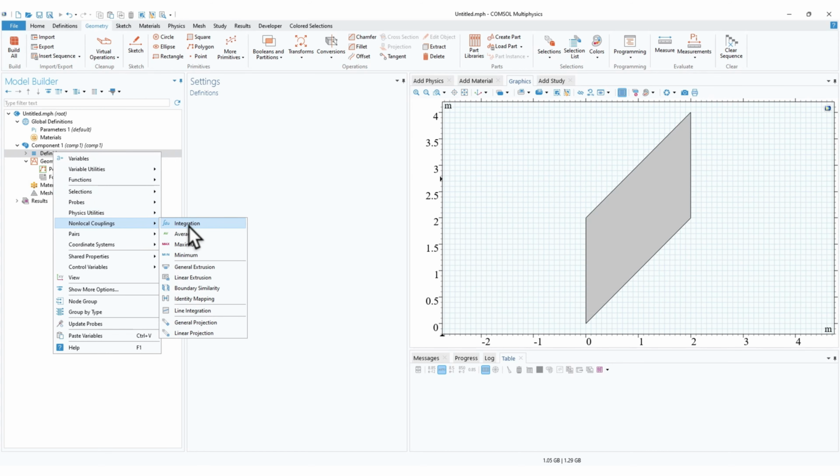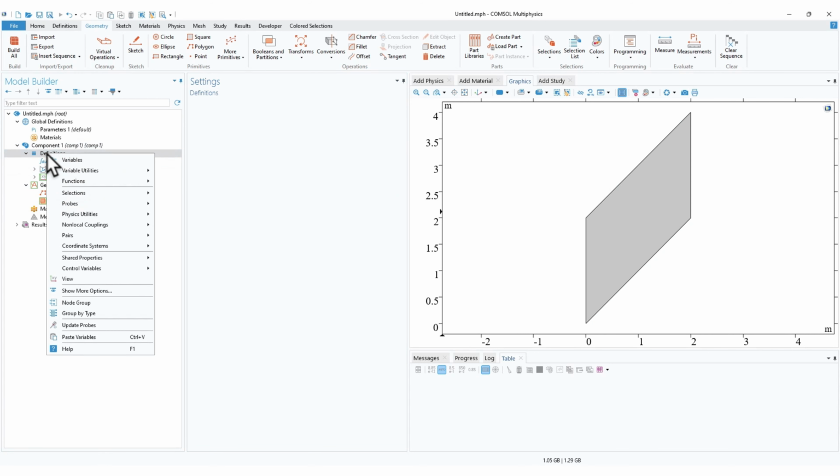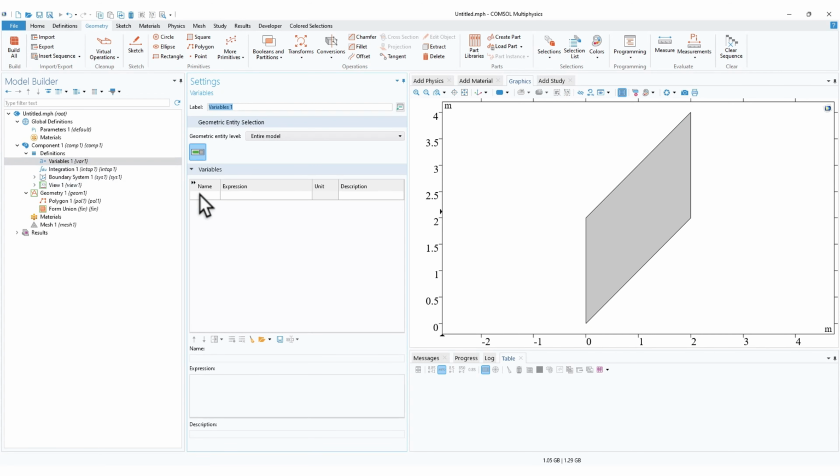I'll go to integration and select this domain. When you create an integration, you have different options. For now, I'll select the domain because we are interested in this region. Then we'll create a variable, and let me name the variable int